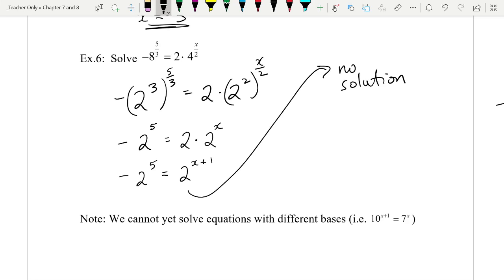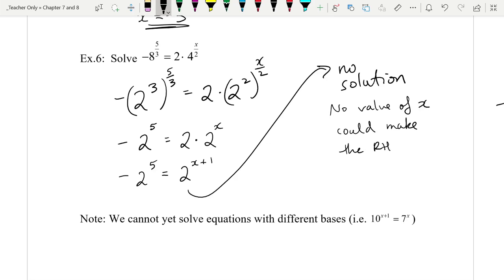This one doesn't have a solution. How come? Because how could I possibly make the right side equal the left side? What number could you possibly put in for x that would make this turn out to be a negative value? Right, because this side's negative 32, right? No solution. Why? No value of x could make